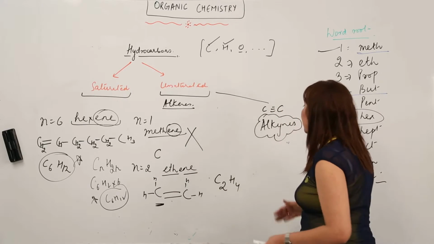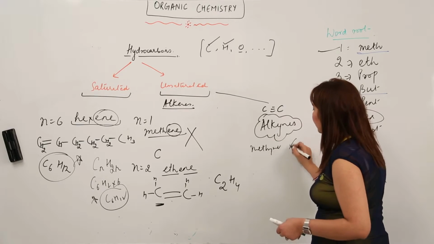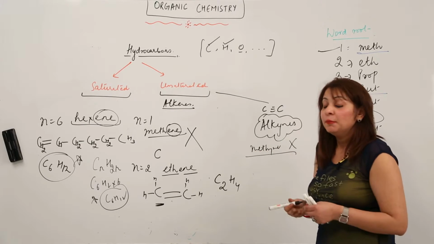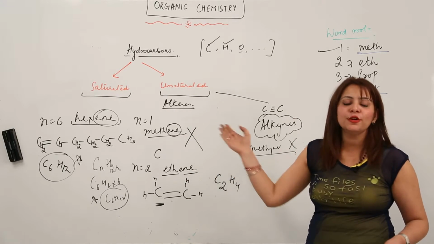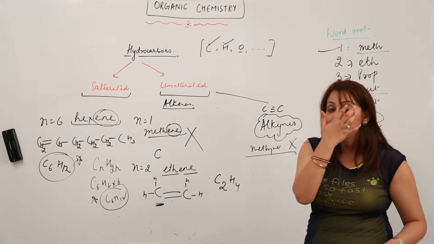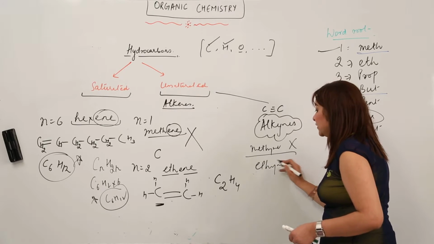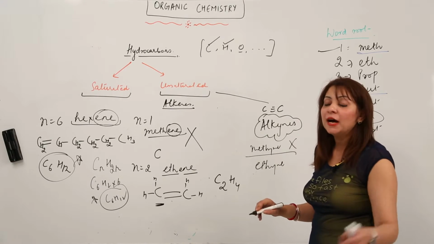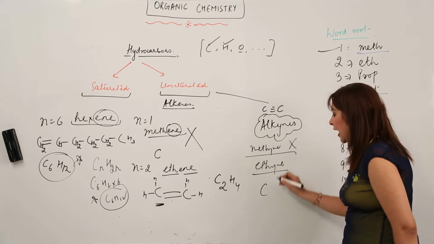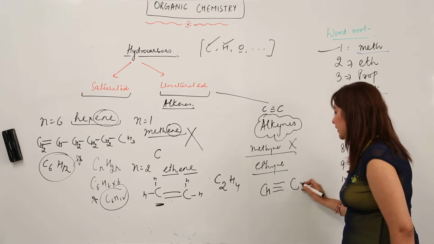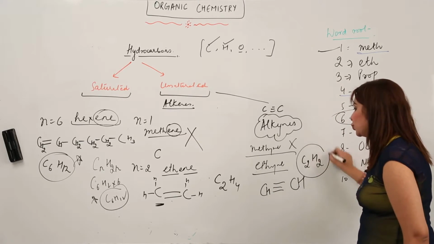Likewise, we will be making the members for the alkynes. So obviously the first member, methyne, will definitely not happen. You know the reason, because it cannot form the double bond. So how can it form the triple bond? That means there is no question of the first member methyne. The first member will be a minimum of 2 carbon atoms, that is ethyne, because there should be minimum 1 carbon to which the other carbon can form the triple bond. So again, ethyne: eth means 2, yne means triple bond, 1 valency unsatisfied, 1 valency unsatisfied. So it comes out to be C2H2, right?